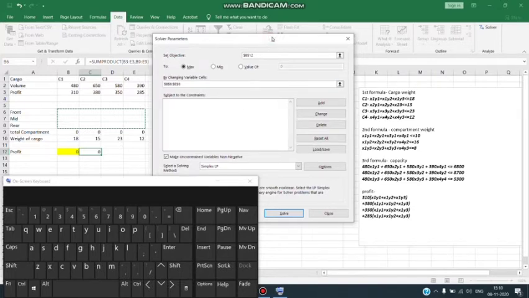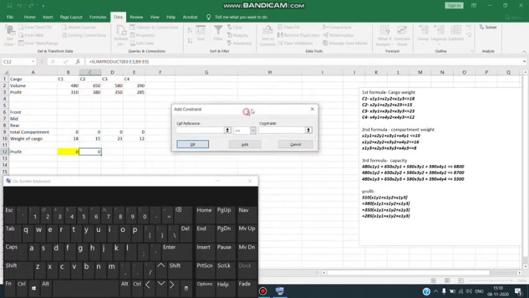To add this, we'll first look at the first constraint equation. The first equation was related to the cargo weight, which says that for cargo 1, the total compartment value for each section should be less than equals to 80. So I'll click on add, and I'll add this formula.